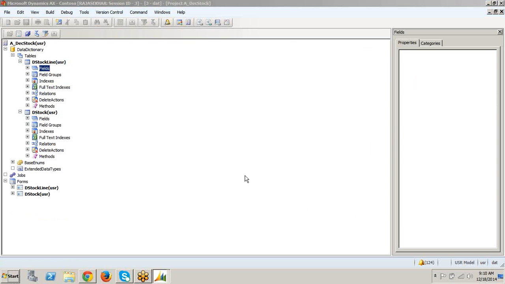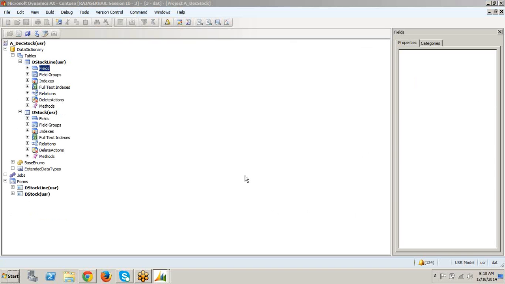If the client says I want two tabs, then you have to create two tabs. If the client says I want the fields to be extracted into three tabs, then you have to create three tabs. That depends again. It's not mandatory that you have to create only two tabs.